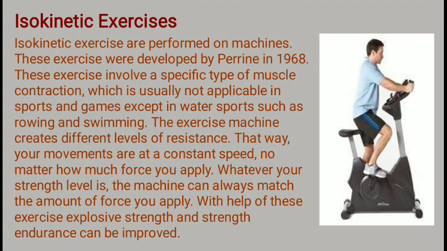In isotonic exercise, the contraction of the muscle applies maximum force only at a particular angle during the range of the movement, whereas in isokinetic exercise, the contraction of the muscle applies maximum force through the complete range of the movement. It will give you more and help you use your muscles to the fullest. So these isokinetic exercises are going to help you in improving strength.